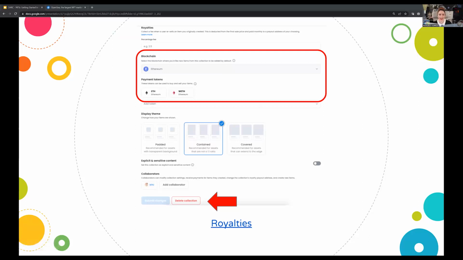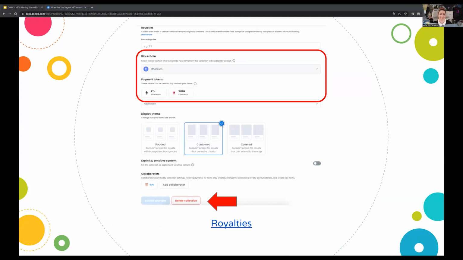And then as you go down, I want to draw your attention to the bottom half, where you can see that we allowed for an automatic collection to be generated, and it was generated on the Ethereum blockchain instead. So an automatic generation defaults to the Ethereum blockchain, even if you choose Polygon. Don't ask me why it does this. OpenSea hasn't figured it out, I guess. So even though the item is on the Polygon blockchain, the collection is on the Ethereum blockchain. And it's less expensive to be on the Polygon blockchain.